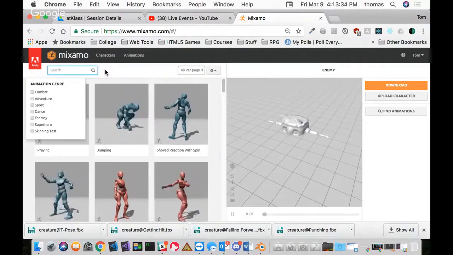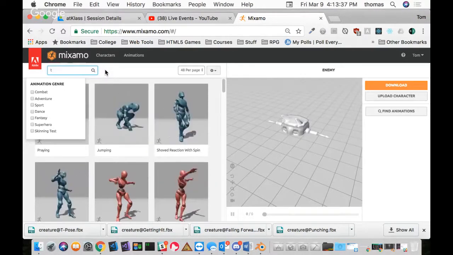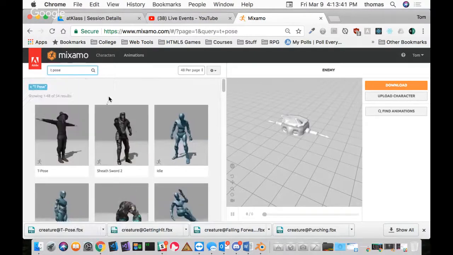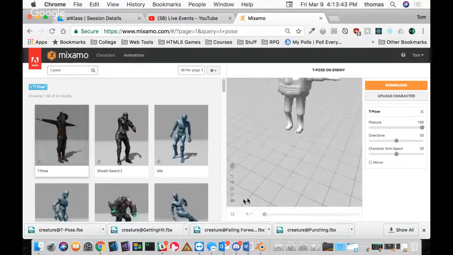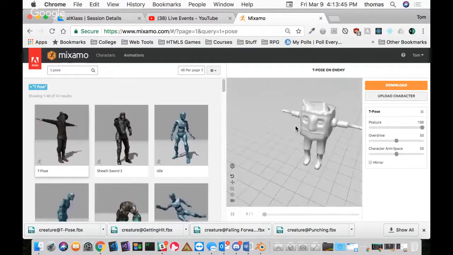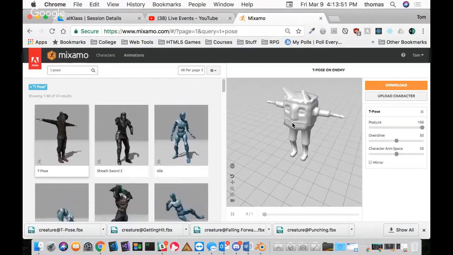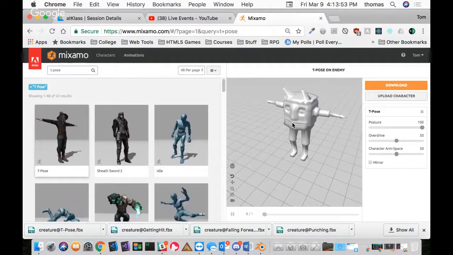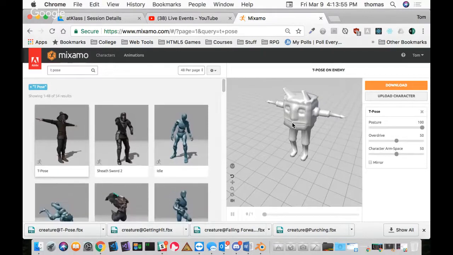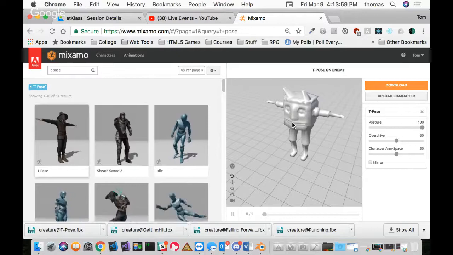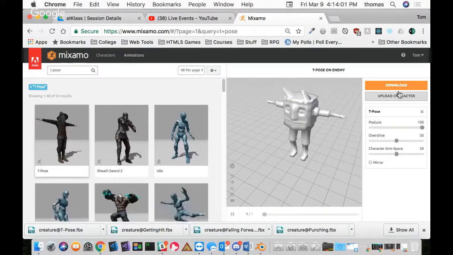But here in T-pose, I want to look for T-pose. So when I say T-pose, you can search for caps. This one here looks like a scarecrow, because this is what I want to do. I want to get this model in T-pose. Now, if I do this, what is it going to do? It's going to automatically put bones into my model for me, right? So I don't have to do any of the bone work myself. It's going to be 25 bones in my model, and I can use that in Blender, auto rigging, right? If I click download,